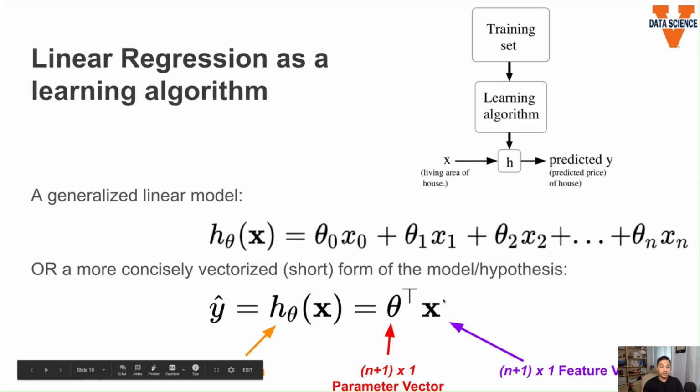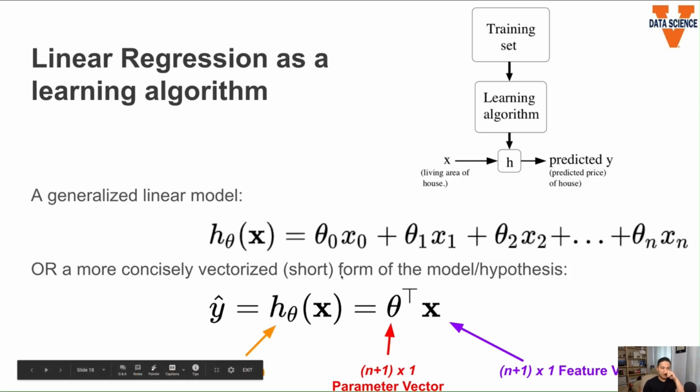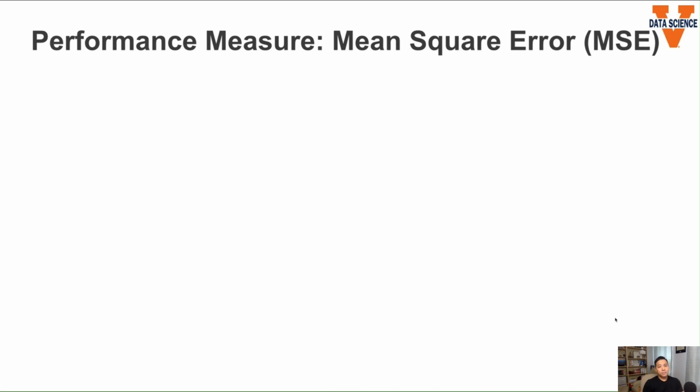theta transpose x here. So later on, we're going to see how this really helps when you do analysis of the learning algorithm. But for now, think about it: x0 is only 1, and theta 0 is sometimes called the intercept term that basically shifts the model up and down. Okay, so for the performance measure of this learning algorithm, or the P part of the learning algorithm,